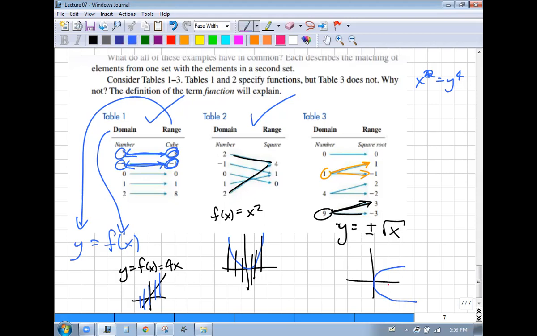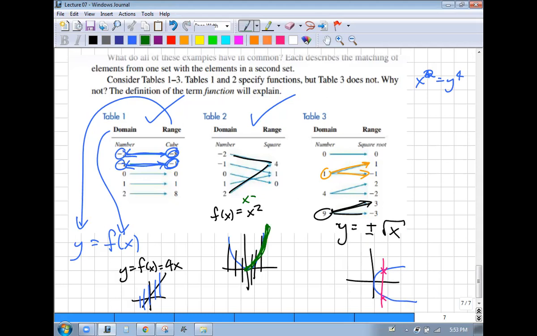And see, it does not pass the vertical line test. It crosses it twice. So that's what makes it not a function, okay? It's actually the opposite of this. They're inverses, right? So if I restricted myself to only half, if I restricted myself to x squared, but